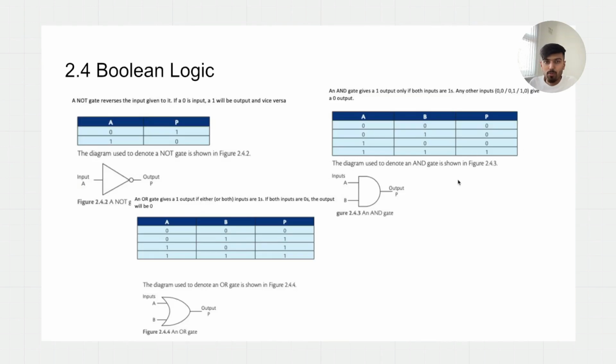Now we move on to Boolean logic, and the NOT gate is basically an inverter. If we put in 0, you get 1 back. If you put in 1, you get a 0. Make sure you know the symbol, because even if you miss out this circle, you'll lose the mark. So make sure you know this